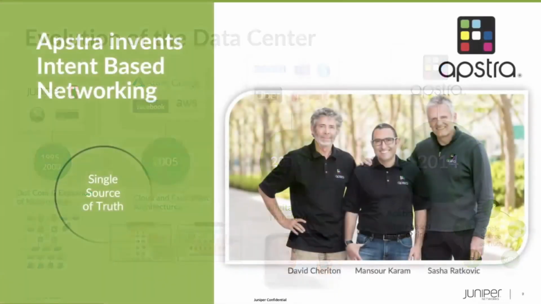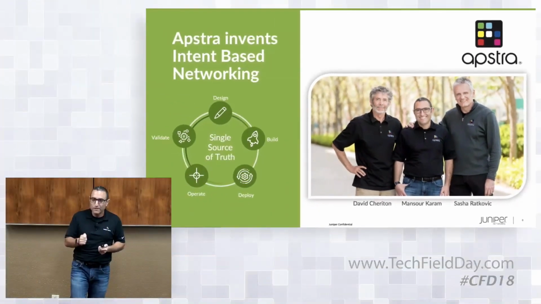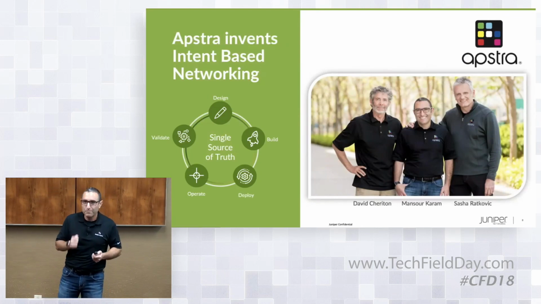And the goal was really to transform the network, to transform network operations so that you no longer have to manually operate your network. We wanted a network that really looks and feels and is operated like a cloud. And so in order to do that, we invented this thing called intent-based networking. The key there was that at the end, we wanted network operators, we want to give them the ability not only to move fast at the speed of the business, but to do it with utmost reliability.